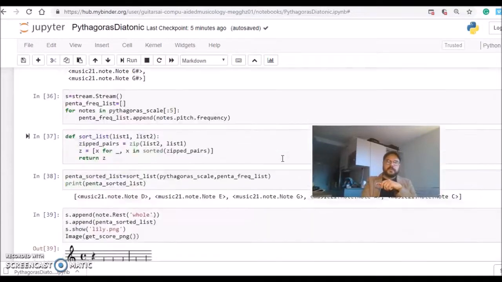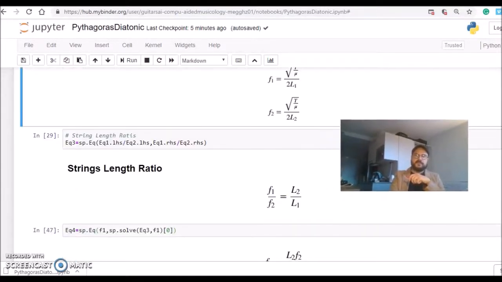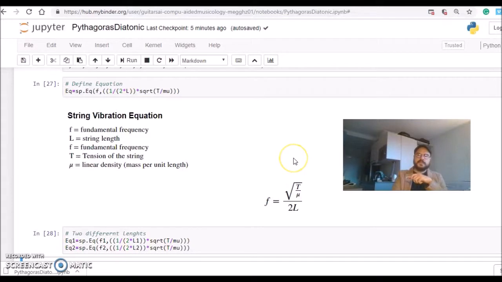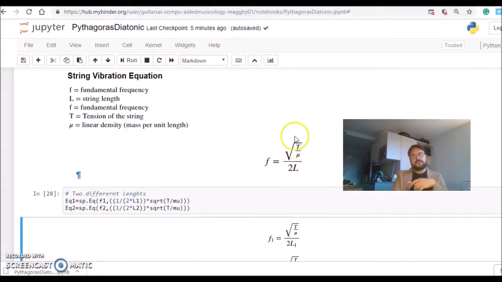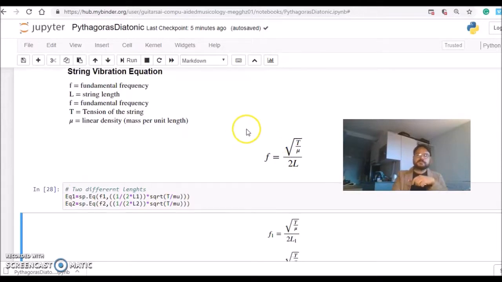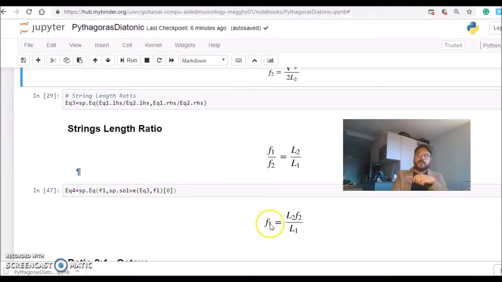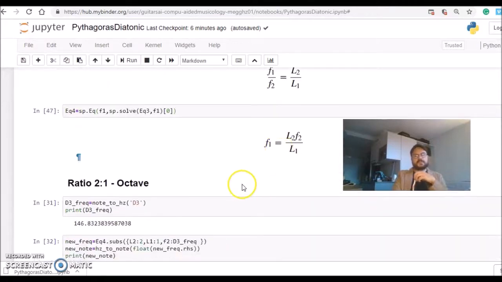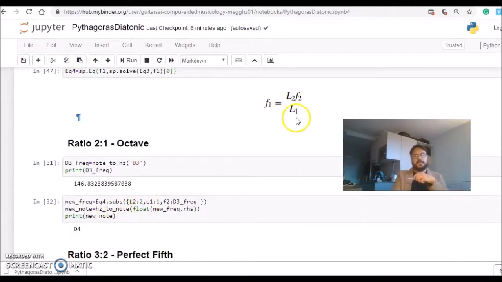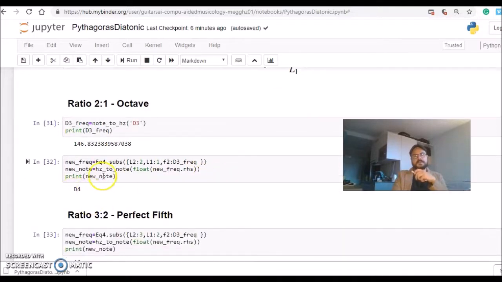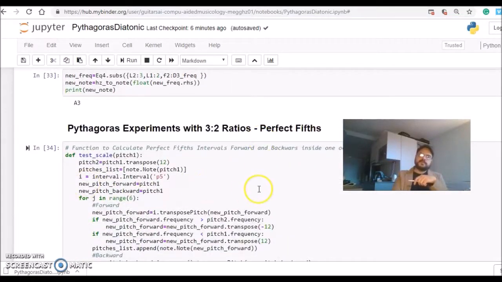That's it. I hope you enjoyed it. I went very, very briefly, not to scare you with equations, but you've seen how to use sympy to perform some very basic symbolic operations. So we solve this ratio for f1, and it's just like f2 goes there, multiplying. We also substitute some values, so we get a ratio 2 by 1. We get the frequency of the D3 was 146. We substitute everything here, and we get the new frequency. We convert the frequency to a note, so we have a D4. We have a function to do this